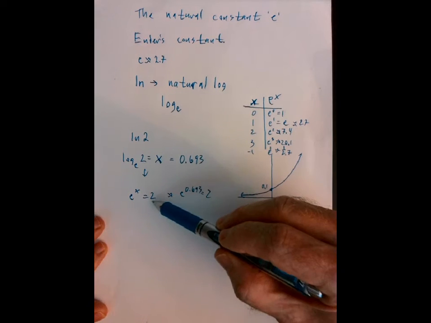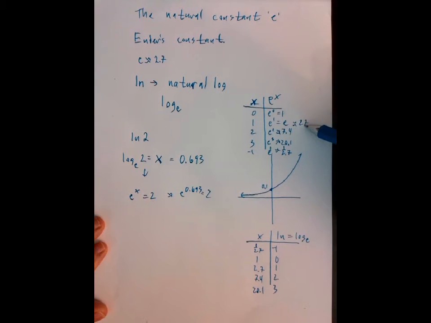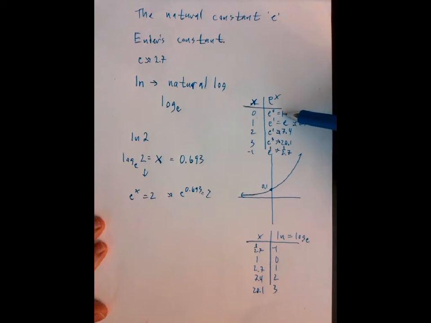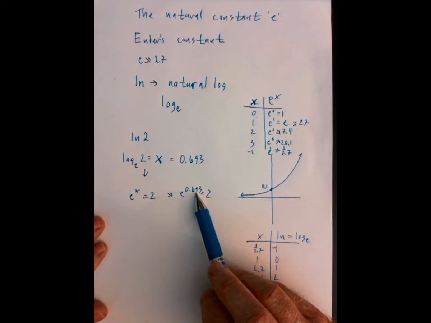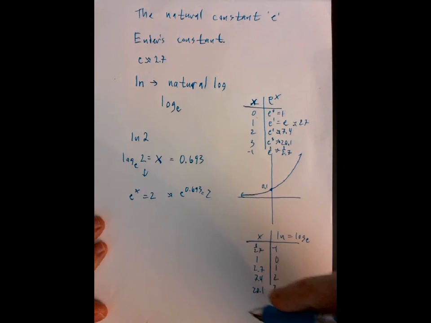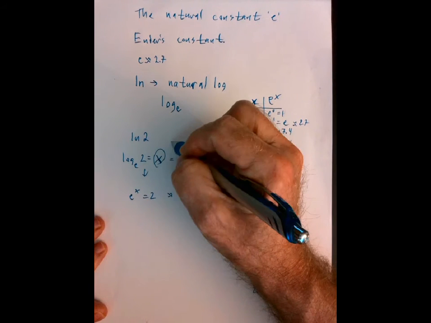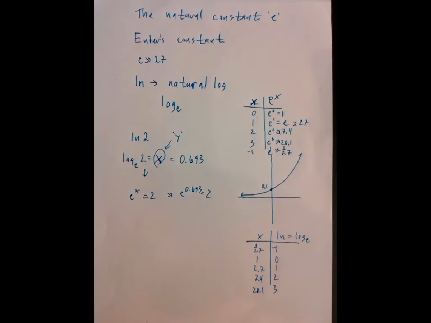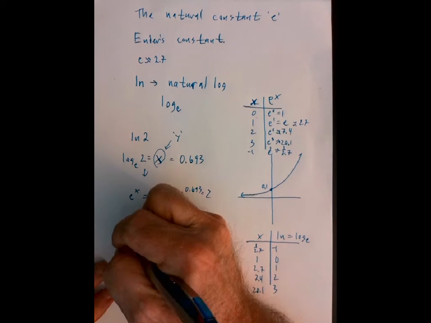which, if you look over here, kind of makes sense, because 2, as you can see, is between 1 and 2.7, and 0.69 is the y value of 2. Over here, the e to the x value is between 1 and 2.7, and the exponent, 0.693, is here. I know I'm using x here, but really this is the y number from the exponential function. I hope that's clear. Okay, so anyway, how about another one here,